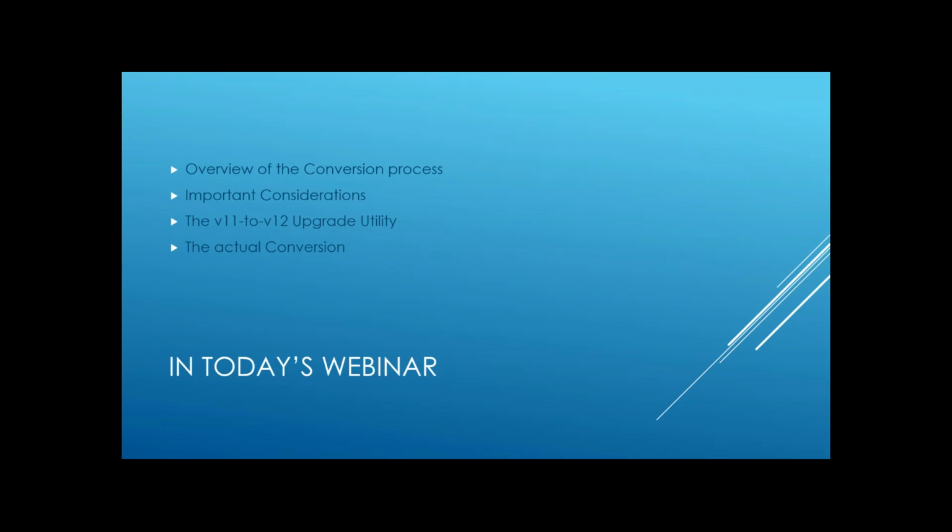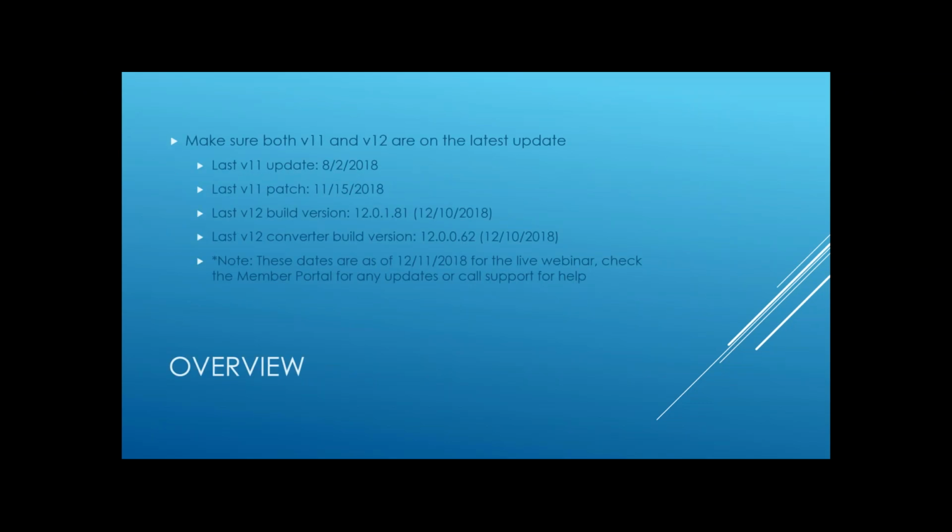and then we'll take a look at how the actual conversion itself goes through. So when it comes to the conversion, first of all, you're going to want to make sure that all aspects of your systems are up to the latest update. Now, as of today, which is 12/10/2018, so December 10th, the date of this webinar live, the latest updates to version 11 are as of 8/2, August 2nd, 2018, and there was a patch to that version which was released on November 15th. And I'll show you how you can check that because it's a little bit different from just checking the latest update. The latest builds for version 12 are